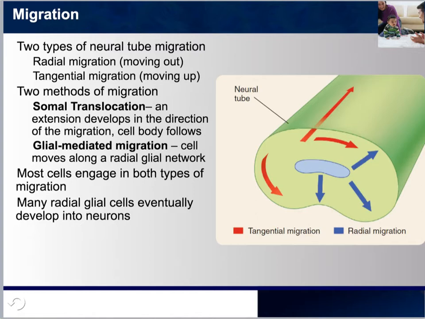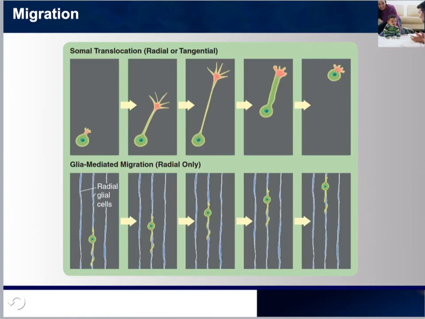Please note that most cells engage in both types of migration, and many radial glial cells eventually develop into neurons. Here we can appreciate the somal translocation, and that could be in either a radial or tangential form of migration within the tube. Here you can see how the cell started off like this, and then through its projection is able to grow an extension. And then once it detects and is going around, being guided by chemicals, it covers quite a distance. Eventually the body begins to catch up to it, and just like that it would have migrated